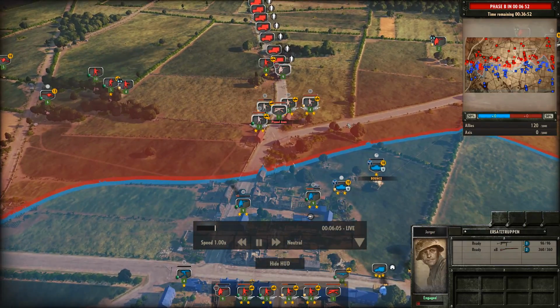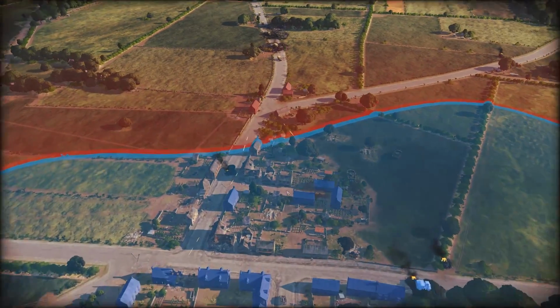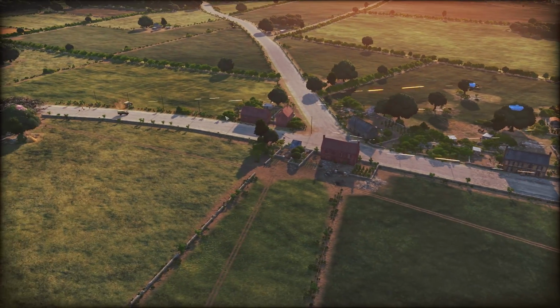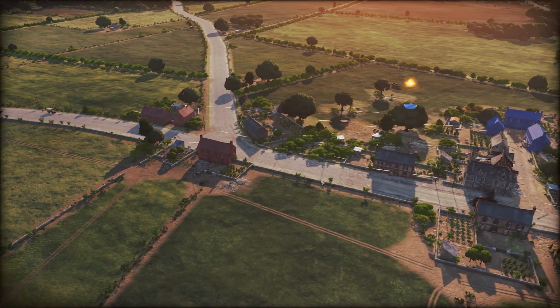into the city because he's being pushed down. This guy's doing a fantastic job. He has this entire area pretty much locked down. You can see his forces making sure they're providing a lot of suppressive fire in the outskirts of the city,